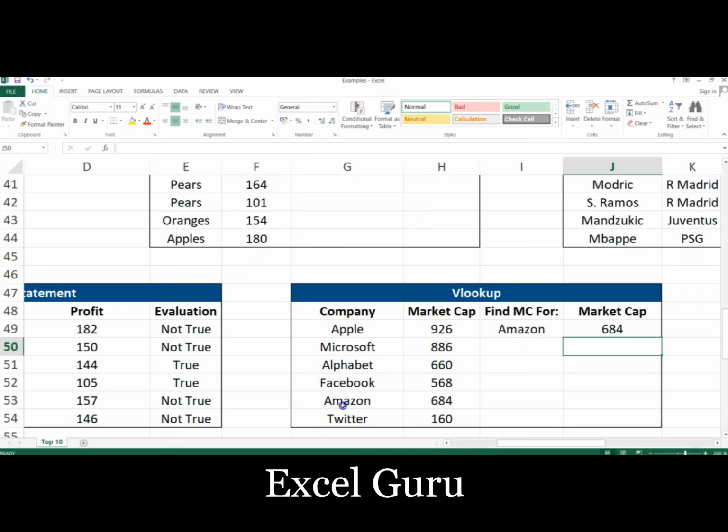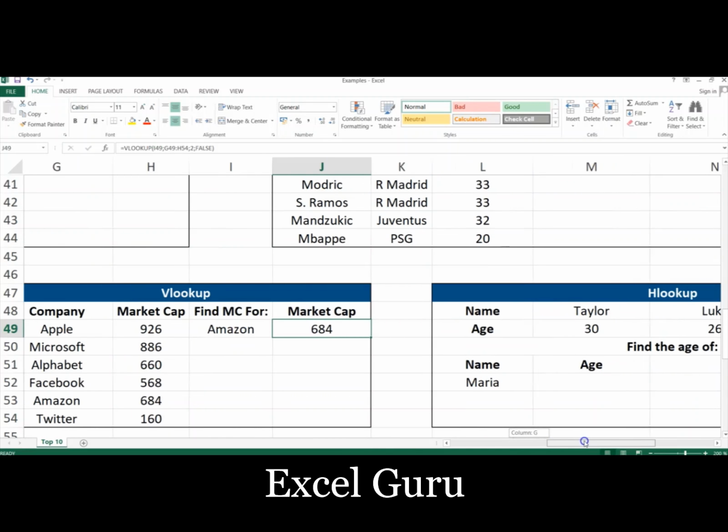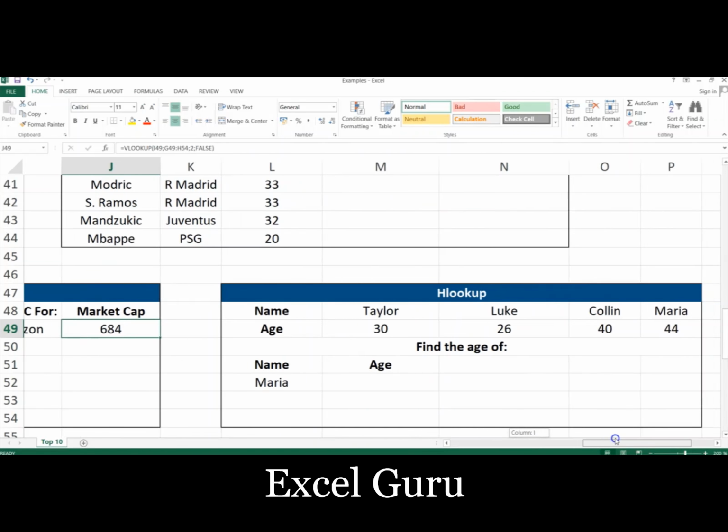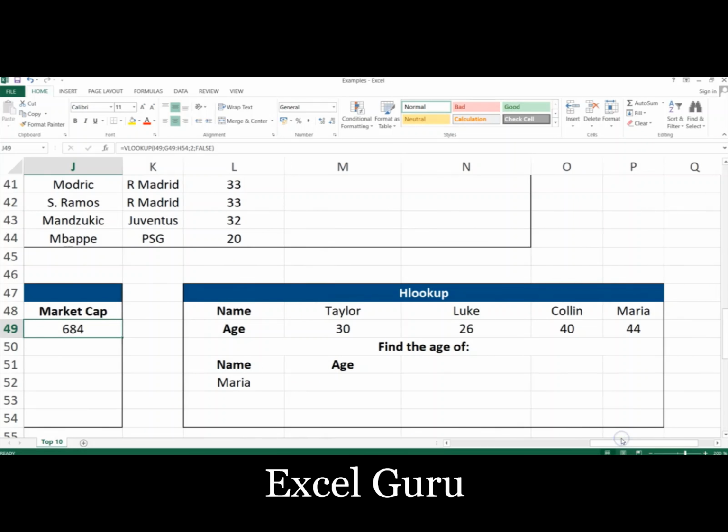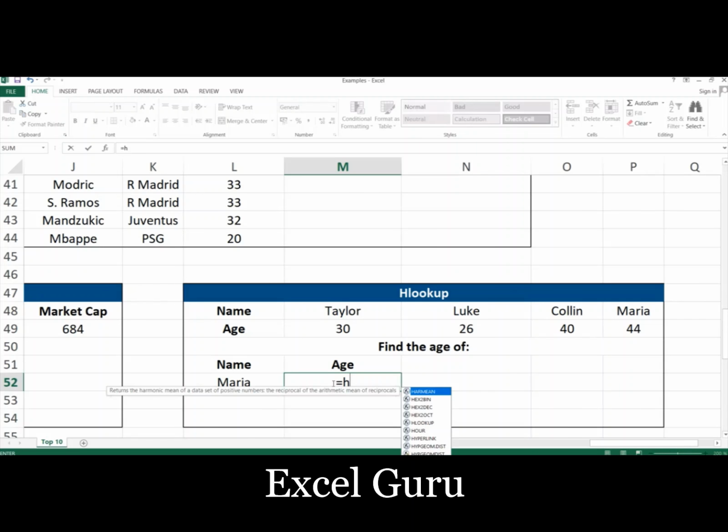So as you can see, Amazon's market value here is $684 billion, and this is what we get using the VLOOKUP formula, which is correct. And now the example for the HLOOKUP is basically we have a few names here together with the age for each person, and we need to find the age of Maria, and in order to do that we can use the HLOOKUP,